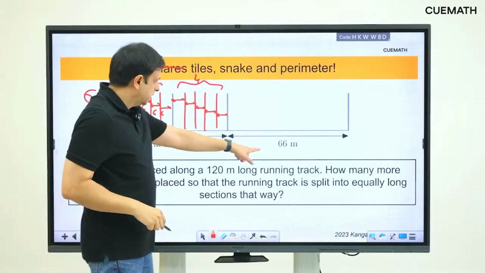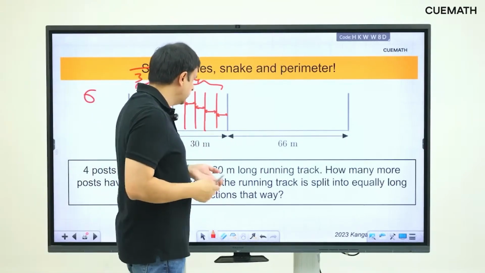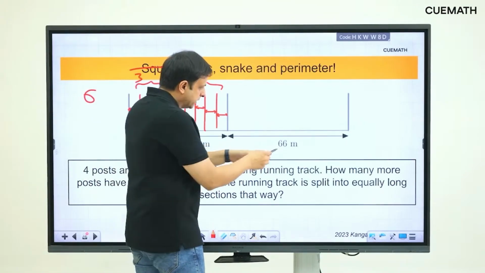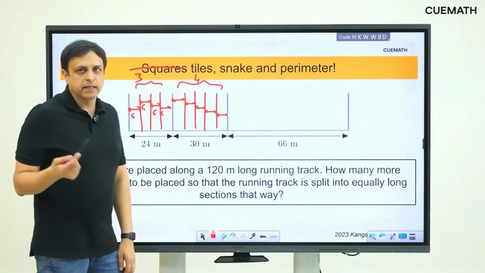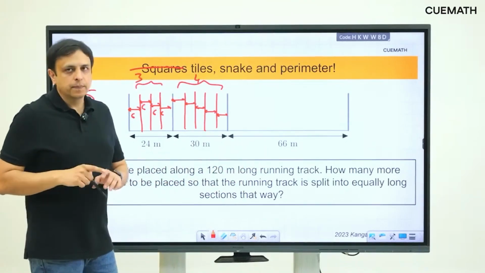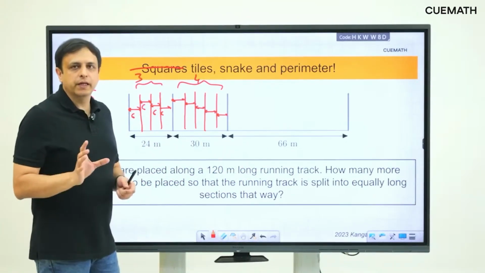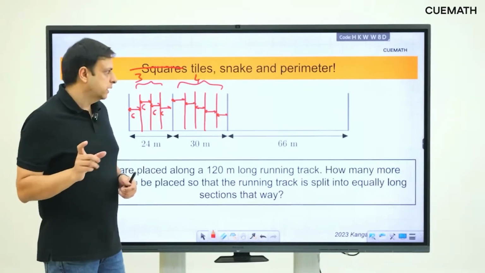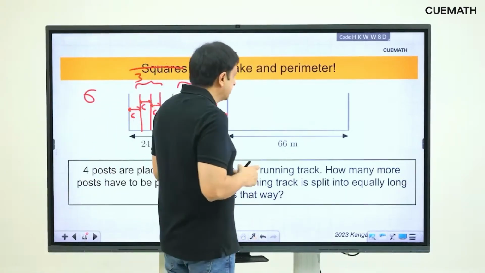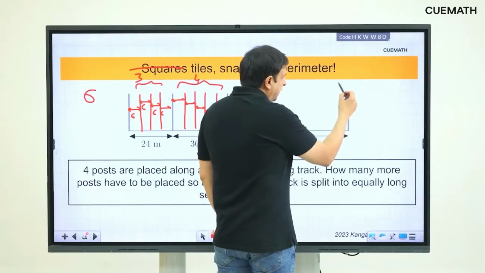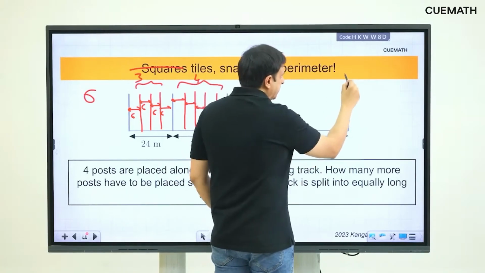And then what about this one? How many posts will you need to insert here? You will need to insert, because this is 66, 66 by 6 is 11. So 11 means that you need 11 sections, which means you will need to insert 10 posts, 1 less than the number of sections. So the reason why 1 less than the number of sections, because let's say